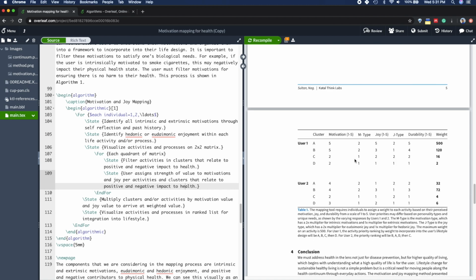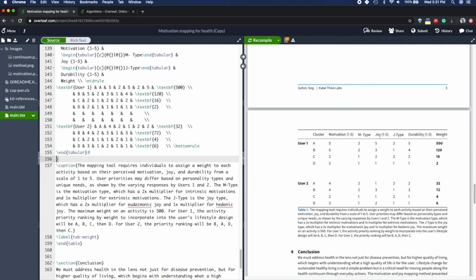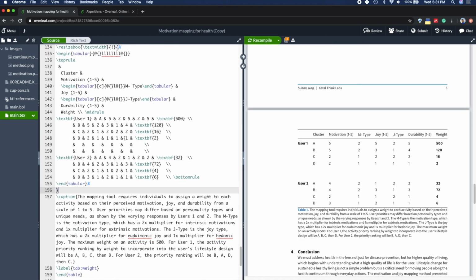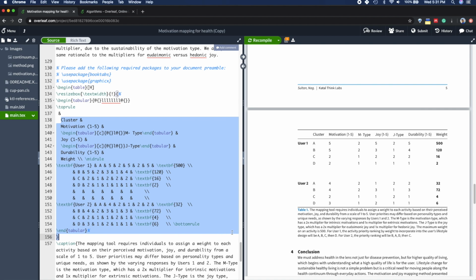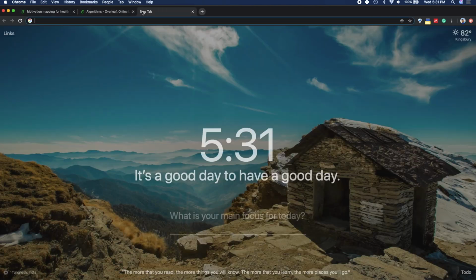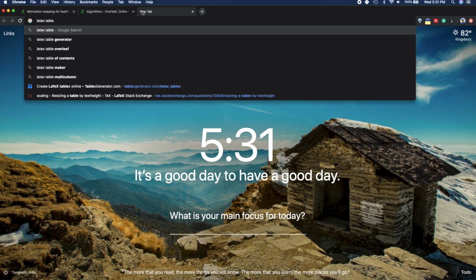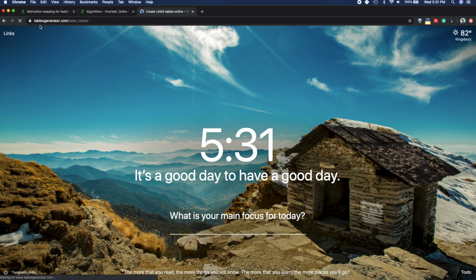Last piece, if you want to add a table, by the way, if you double click anywhere on this side, it goes exactly to that location in the code. And here's a table. You can see this looks really complicated to type out. So what you can use is a simple thing called a LaTeX table generator. And this is one I like to use,